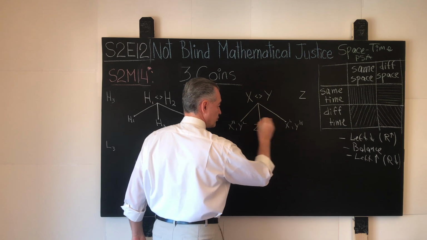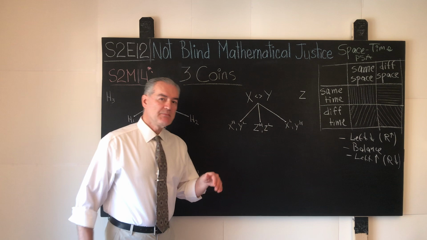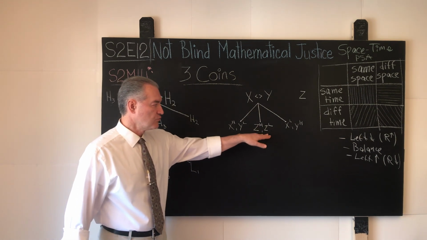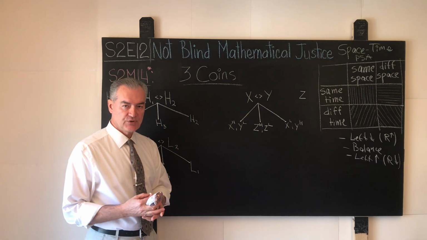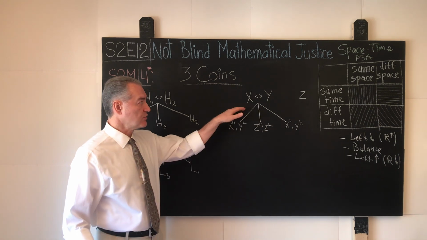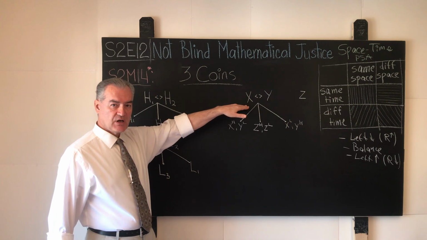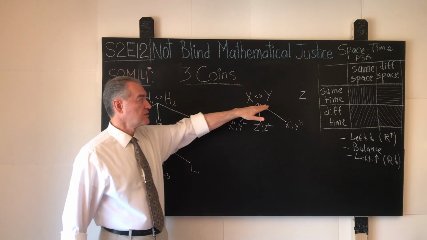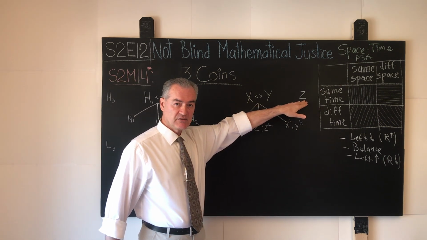Now, after the first weighing, we generated the demand for how many units of information? 1, 2, 3, 4, 5, 6. We generated the demand for 6 units of information, which basically reflects the fact that with 3 coins with not known ahead of time weight quality, how many outcomes we have? Well, the coin X can be heavy and light, the coin Y can be heavy and light, and the coin named Z can be heavy and light.